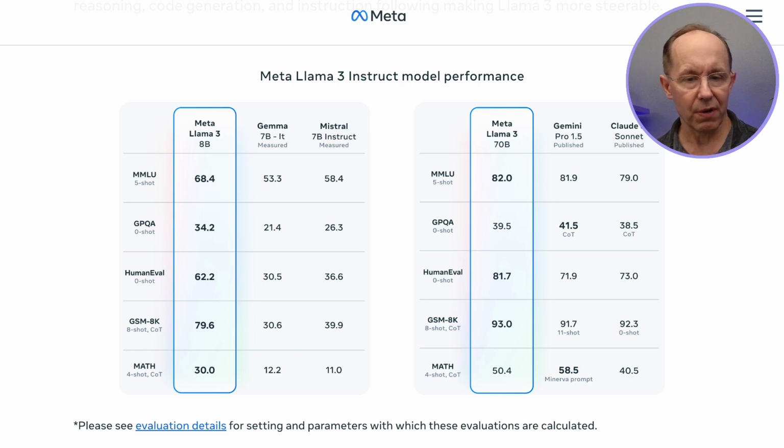Now turning to the chart on the right with Meta Llama 3 70B, it's interestingly being compared against Gemini Pro 1.5 and Claude 3 Sonnet. Sonnet is not the leading model from Anthropic. It's actually the middle model, Haiku, Sonnet, and Opus. And Opus has the market-leading evaluation benchmarks. But looking at this comparison, we see that all of these benchmarks are at least in the same ballpark as compared to the Llama 3 8B model, where there's dramatic outperformance.